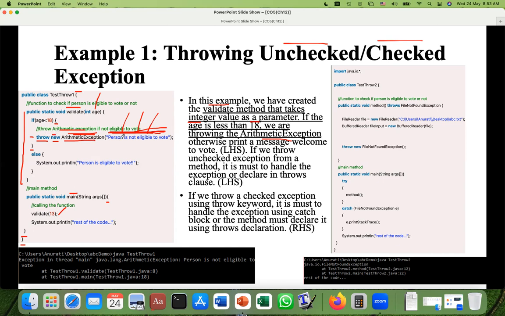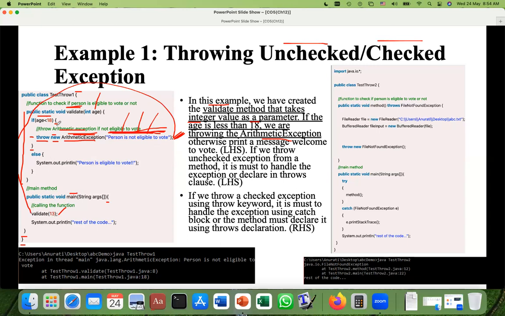Anyhow, now when this statement executes, the exception will be thrown here at this statement. When an exception is thrown, you have to stop there and come out of that try block. But we don't have any try block here. This is simply a method. So when you have an exception at some statement, stop at that point and come out from that block with that exception message. So I can come out of this validate method here,